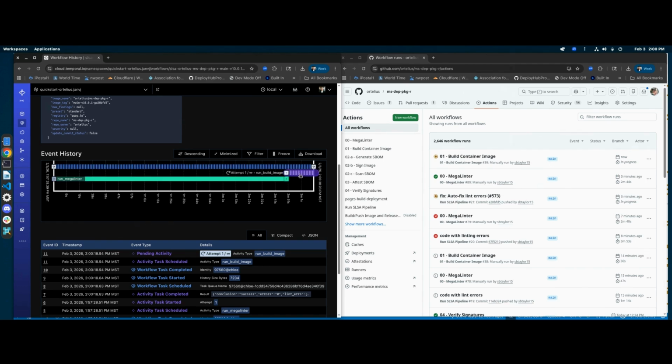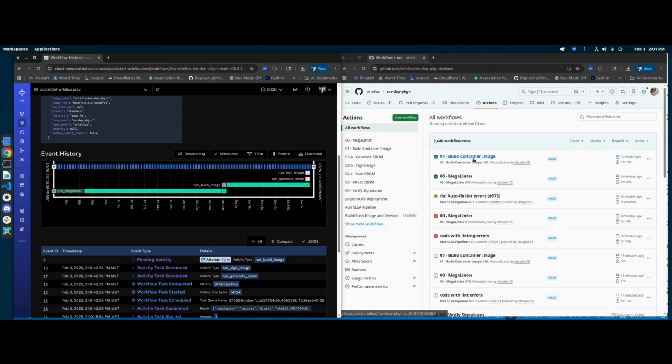Now we're going to go ahead and execute the build. So the Megalinter this time has the green checkbox, good. Now we're doing our build and push. This is happening because we're on the success pipeline, where earlier we were on the failed side of the pipeline. Now that the build has been completed,